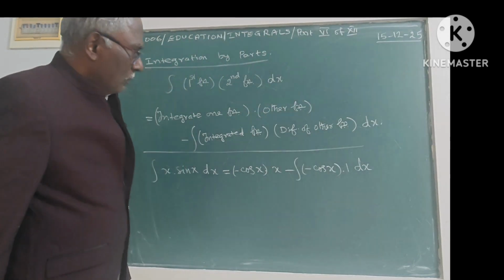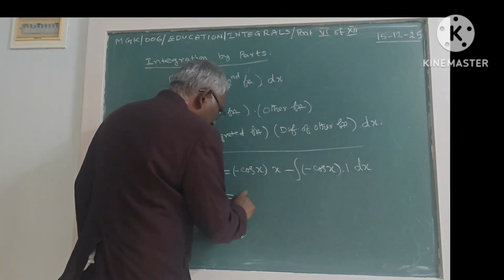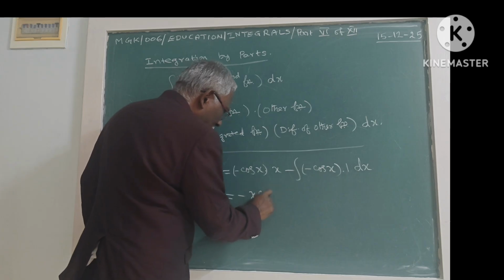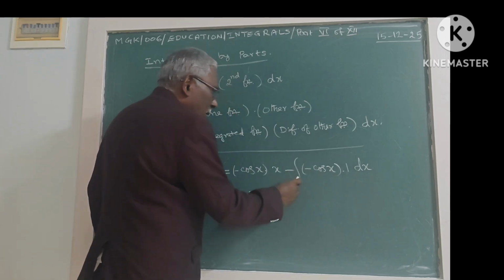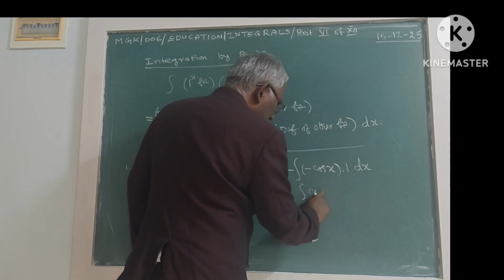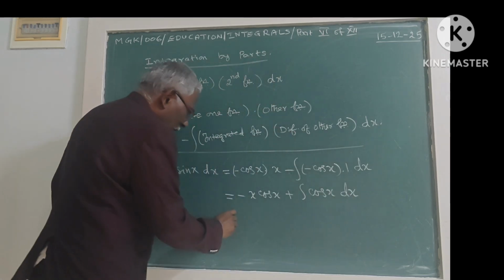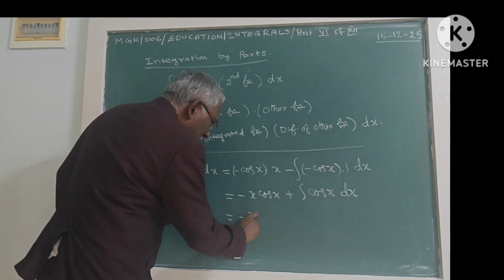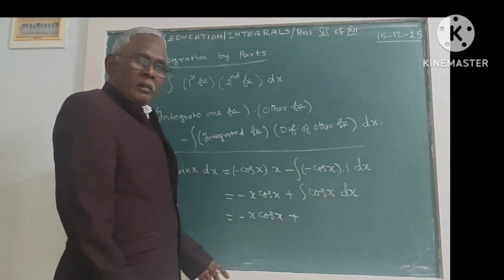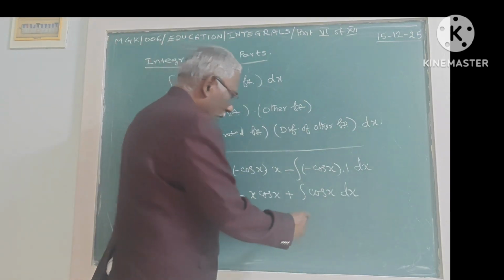So this reduces to the simpler form. So this is equal to minus x cos x, minus into minus plus integral cos x dx. So this is equal to minus x cos x. If we integrate cos x, what will come? Sin x. So sin x